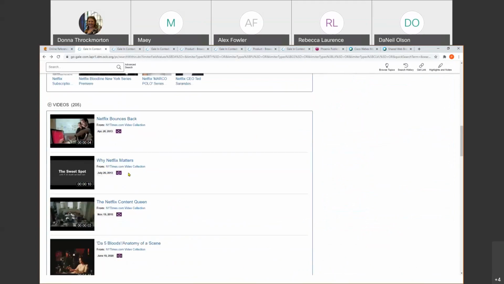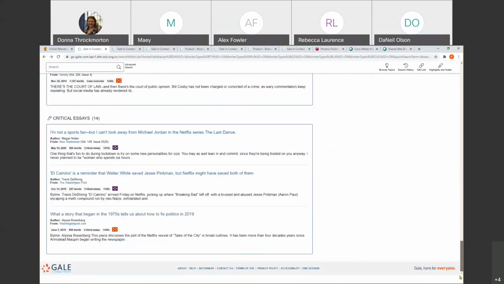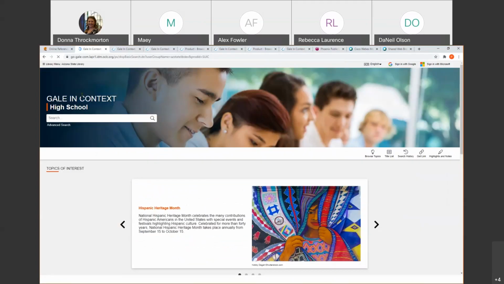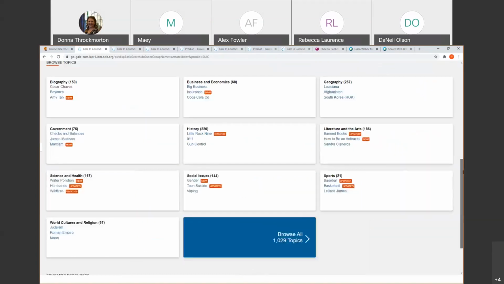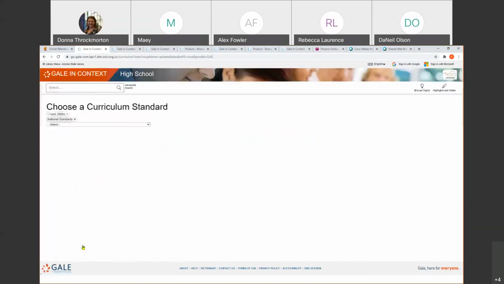Now I want to go down to the very bottom of the page. Okay, it's not on this screen. To show you the teacher resources, you want to go to this main home screen, scroll down to the bottom, and you have the resources that I highlight: curriculum standards and educator resources. I am, again, not a teacher, but they do give you a quick list of curriculum standards. I'm going to go to state standards,